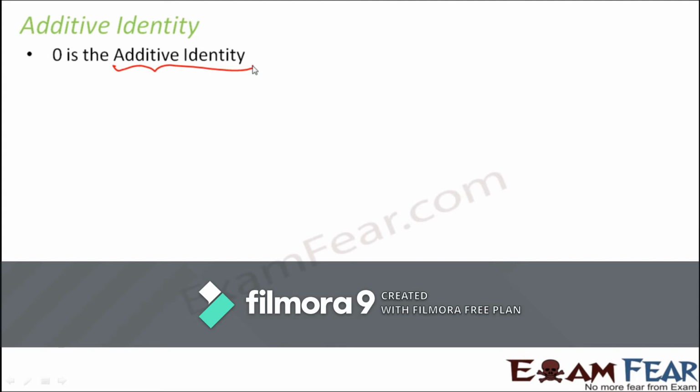Now, when we say a number, normally what happens? Let's say you have a number 5. The moment you add 1 to it, what happens? The result becomes 6. So what happened to 5? 5 was no more there. So 5 got transformed into 6. So the identity of 5 is lost.